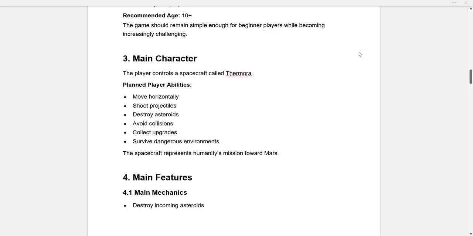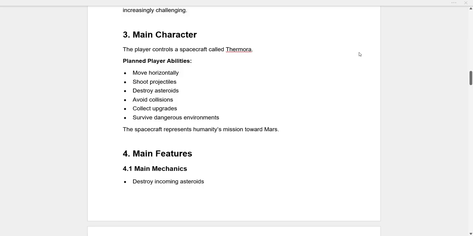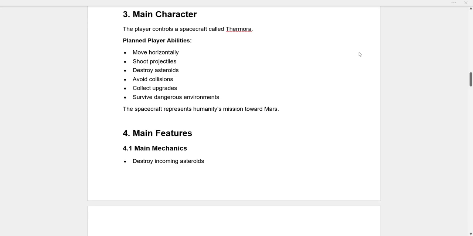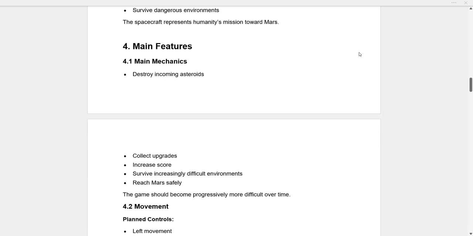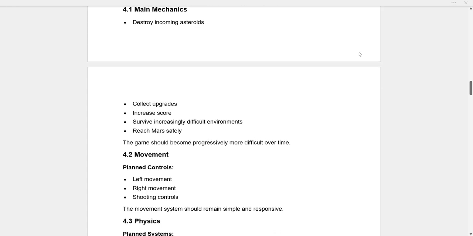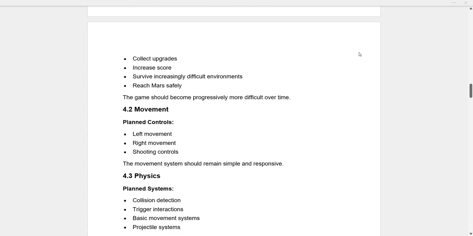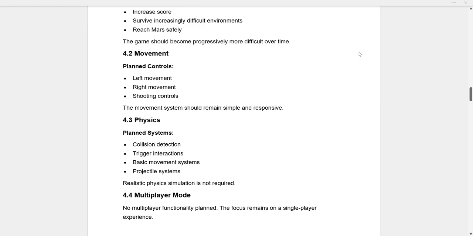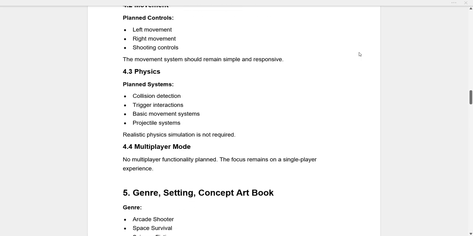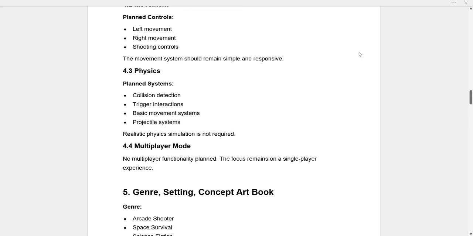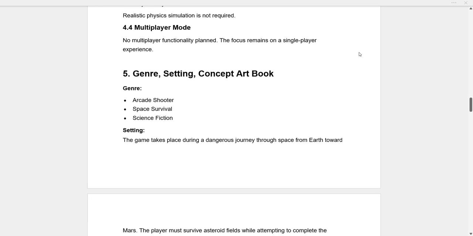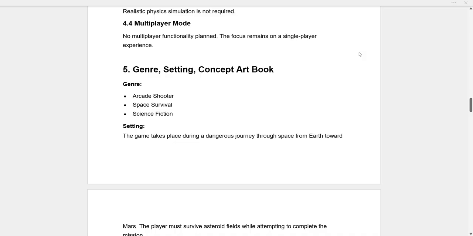And the main character is the Thermera, which is the spacecraft that the player controls. It has the ability to move horizontally, shoot projectiles, destroy asteroids, collect upgrades, and main features like that. The movement will be left movement, right movement, and shooting controls. For the physics I'm going to use collision detection, trigger interactions, and projectile systems. There is no multiplayer mode in this game that I am planning, and this will be an arcade shooter, space survival,